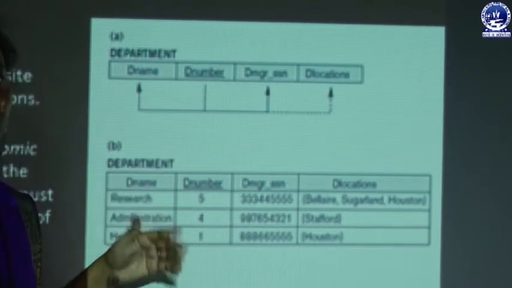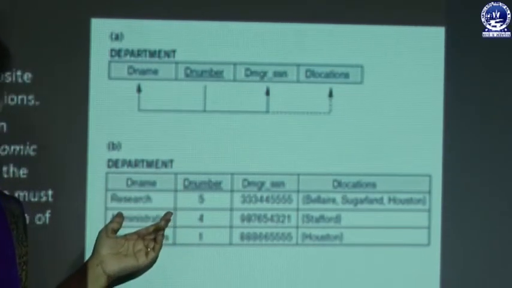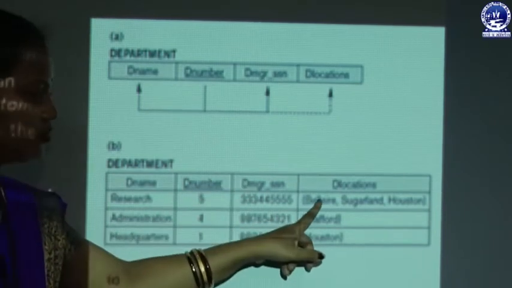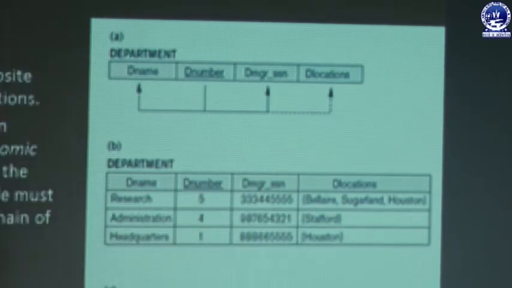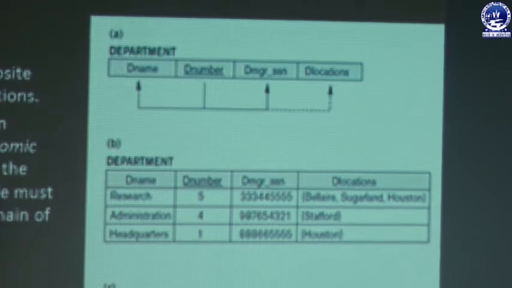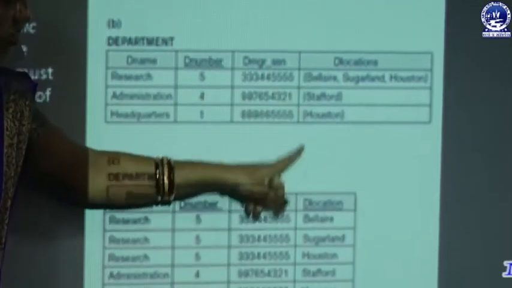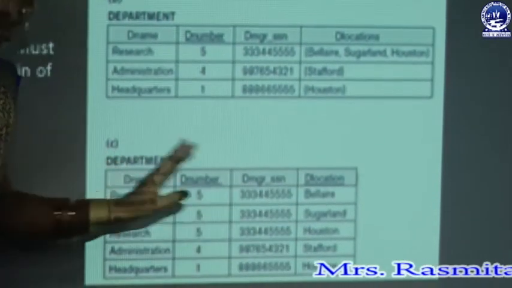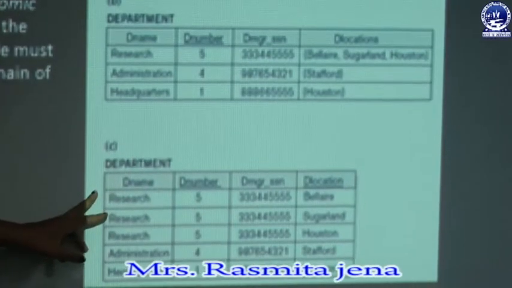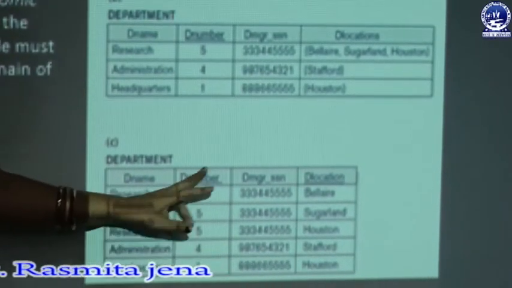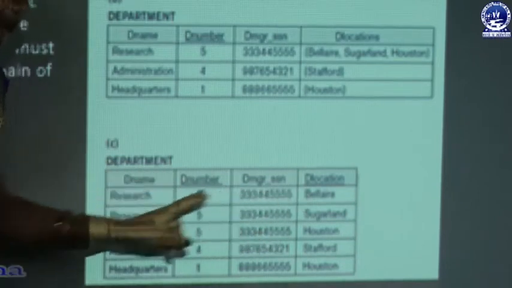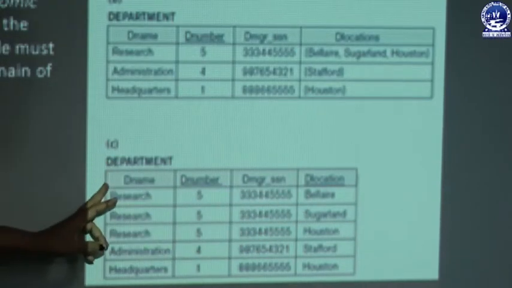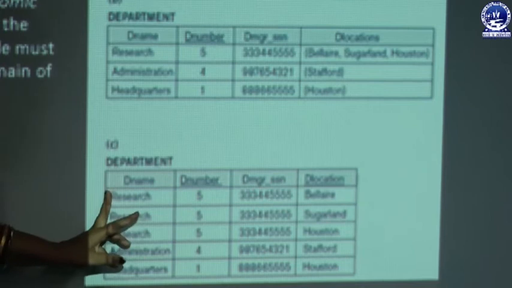So for converting this relation schema to 1NF, we separate this multi-valued attribute into atomic values. You can see in this example how the multi-valued attribute is split into atomic values, and now we can see there is no attribute which contains multiple values for a particular tuple. So this relation schema is now in first normal form.